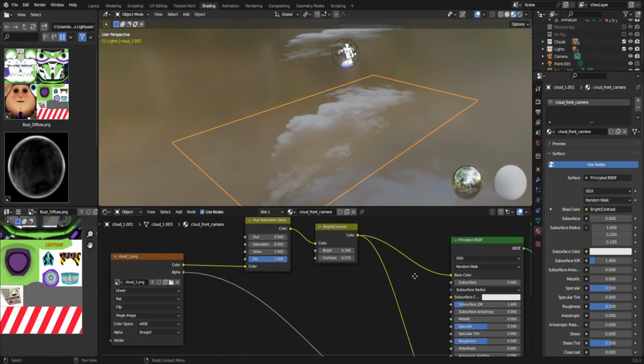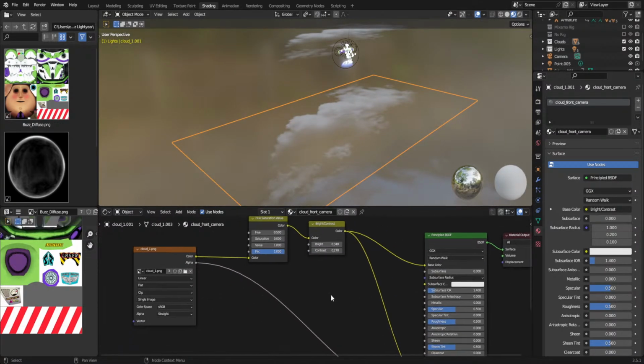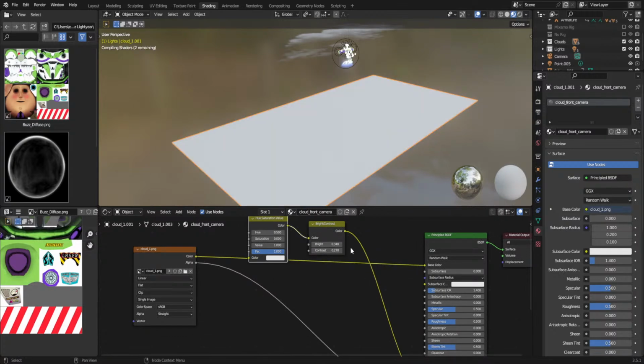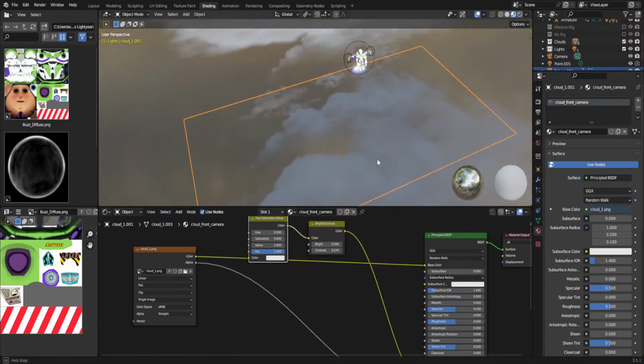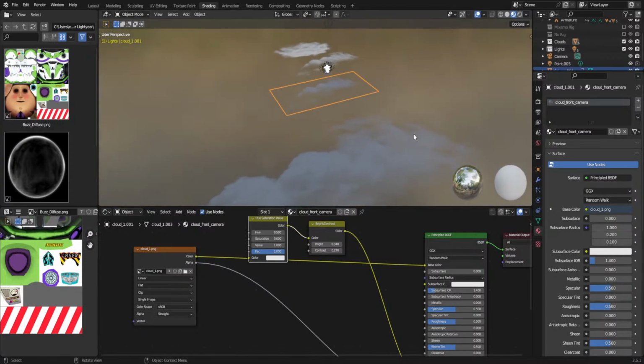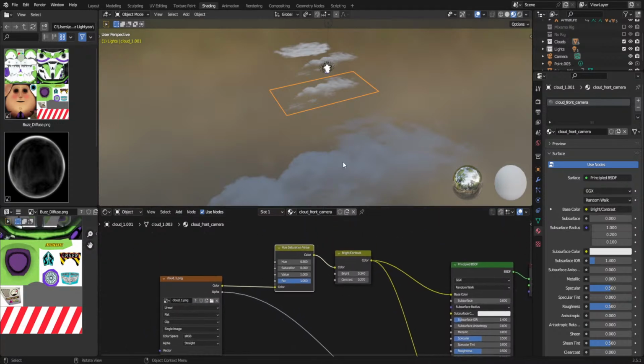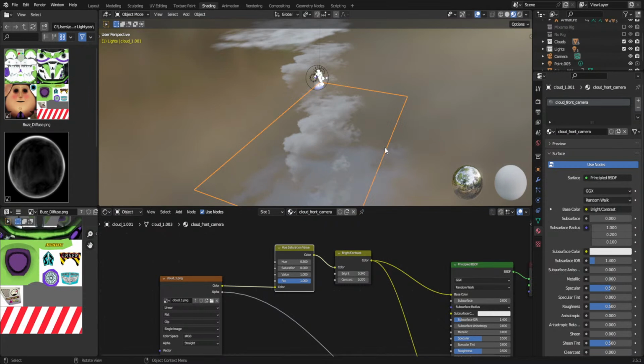If I choose this, for example, you see, this is the same cloud, it's the same PNG, but if I use the nodes, I can make it wider. I don't have to change